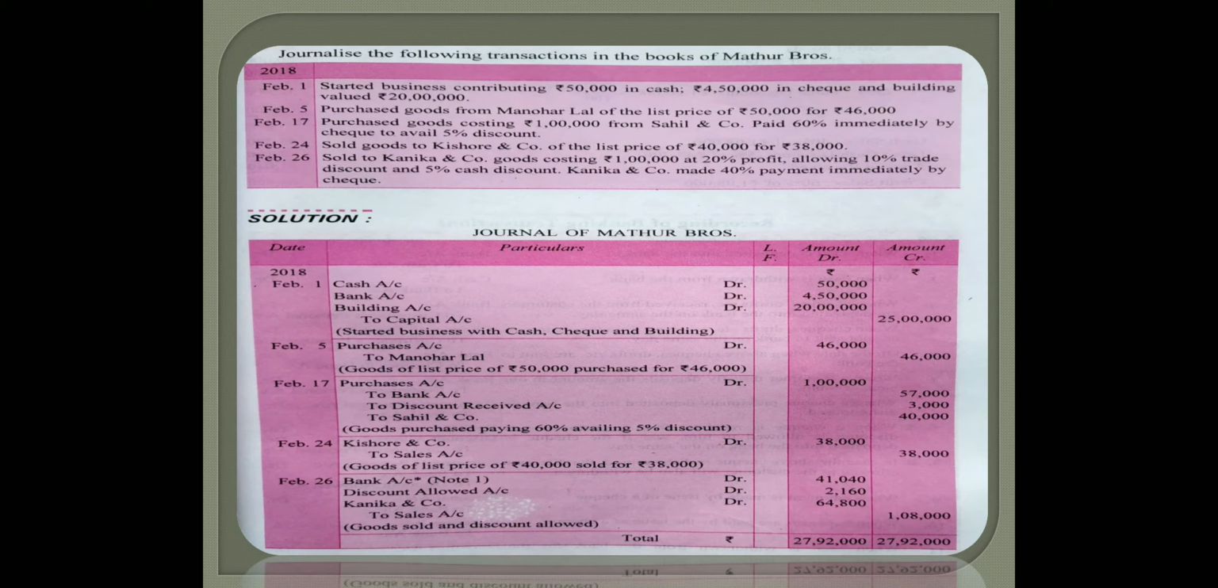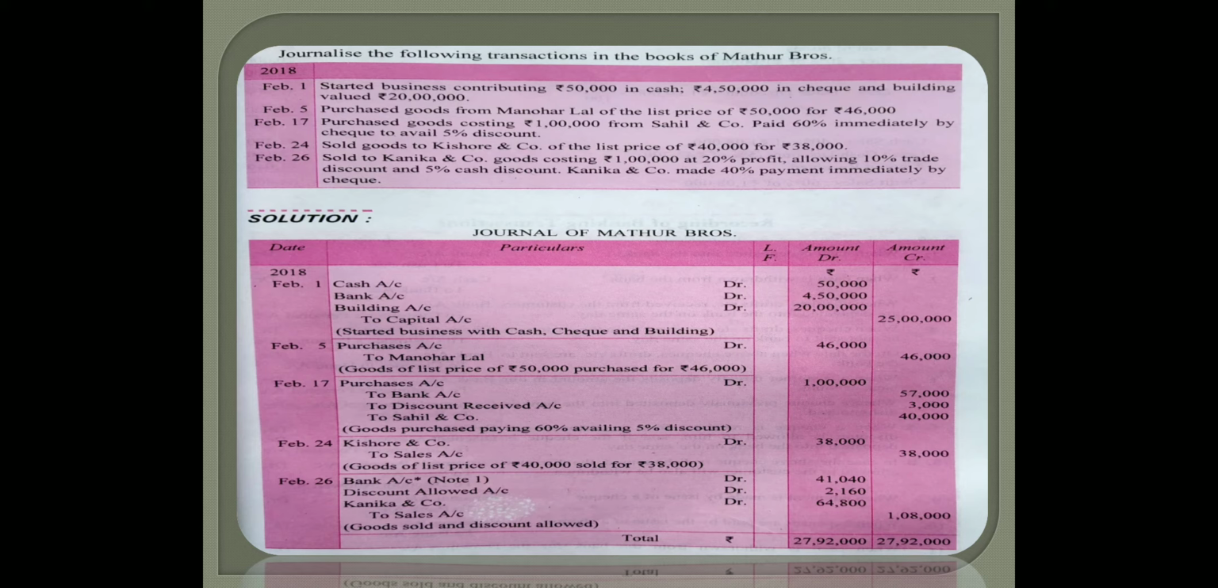Okay. And 24 February, sold goods to Kishore and Company of the list price 40,000 rupees for 38,000. The list price does not mean anything here. So we will write Kishore and Company debit to sales account, and the amount will be 38,000 rupees. The last most important entry,